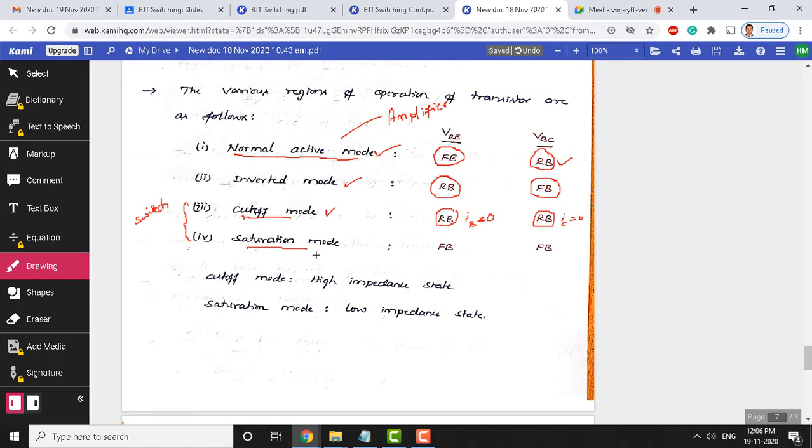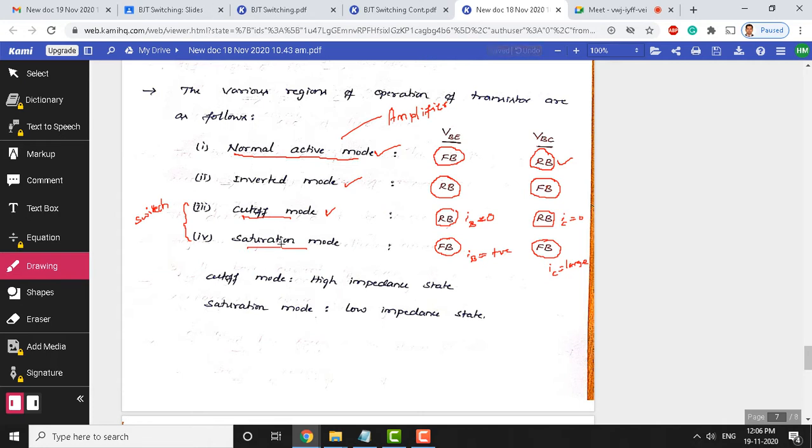Saturation mode is a mode of heavy conduction. BJT is conducting heavily in the saturation mode because we are maintaining forward bias between base emitter junction and forward biasing even collector base junction also. We forward bias these two things, and therefore the current through the transistor will be very high. So, here we have saturation mode. IB is not 0 now, it is some positive value we maintain here, and the current IC is going to be very large. Okay, so, the large collector current flows here. So, this mode is called saturation mode.